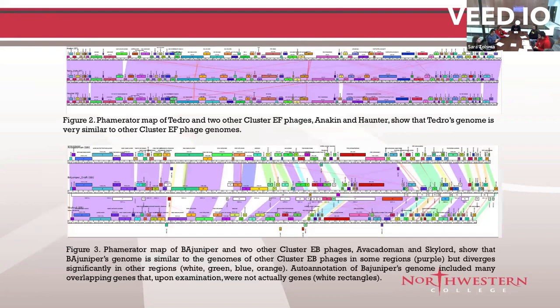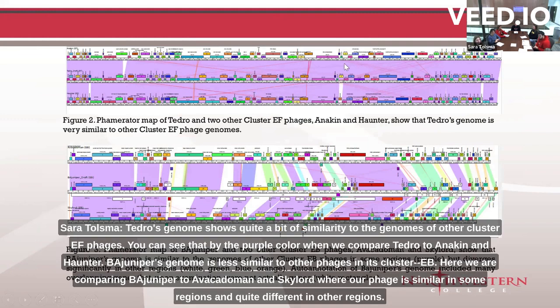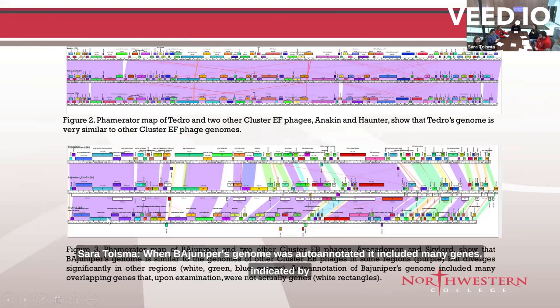Tedro's genome shows quite a bit of similarity to the genomes of other cluster EF phages. You can see that by the purple color when we compare Tedro to Anakin and Quantum. BAjuniper's genome is less similar to other phages in its cluster EB. Here we are comparing BAjuniper to Avocado Man and Skyboard, where our phage is similar in some regions and quite